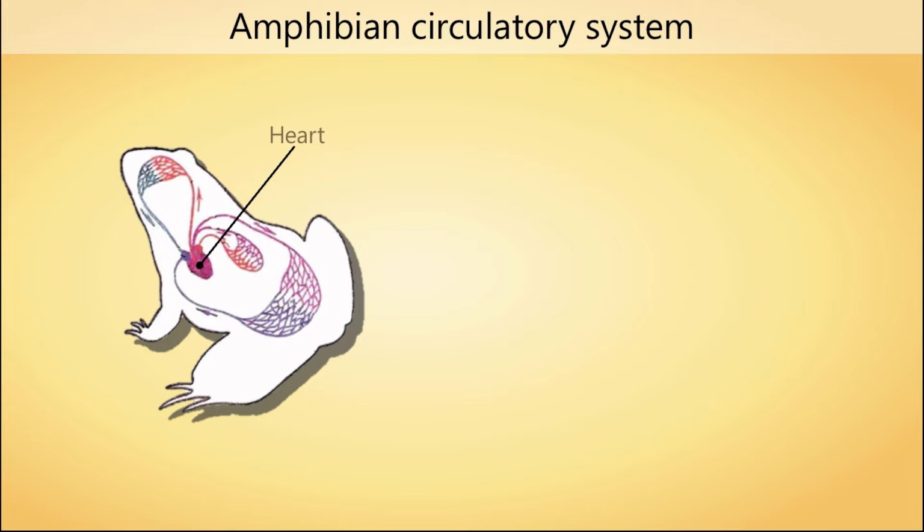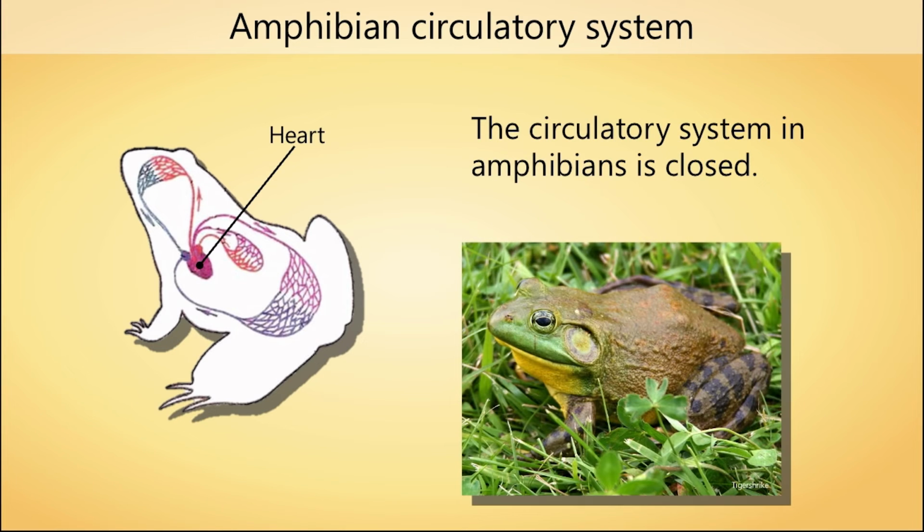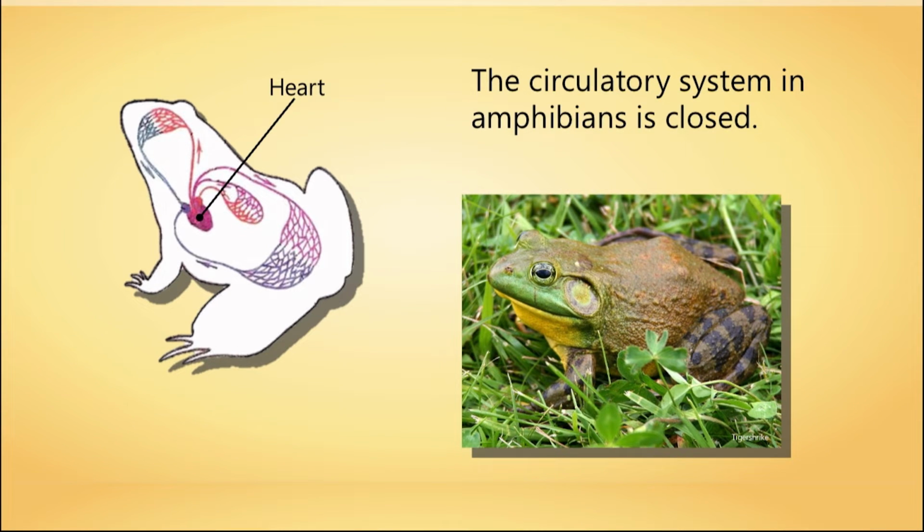A more complex structure of the circulatory system is observed in amphibians. The restructuring of the circulatory system of amphibians is associated with the development of terrestrial respiration. All amphibians have a three-chambered heart. It consists of two atria and